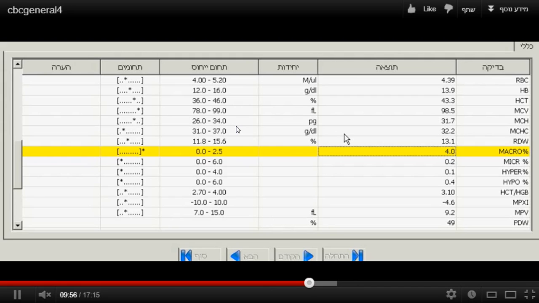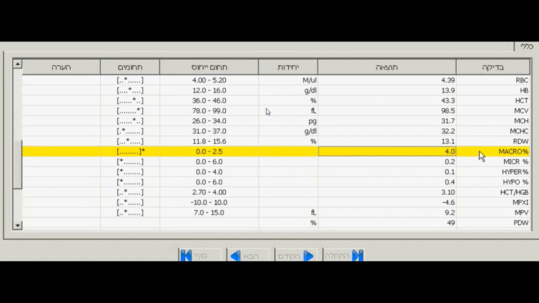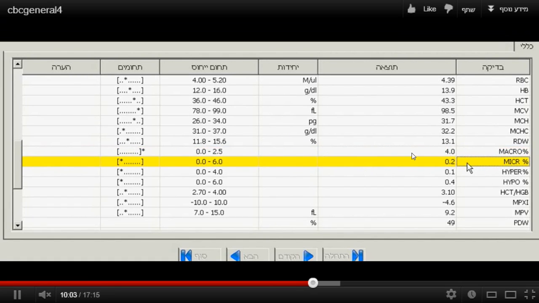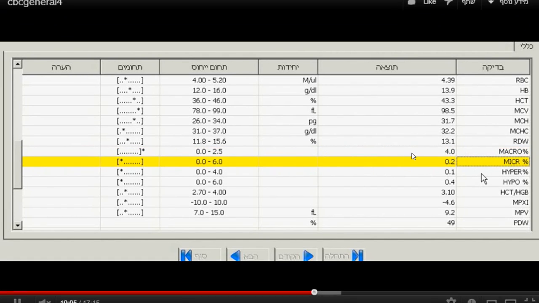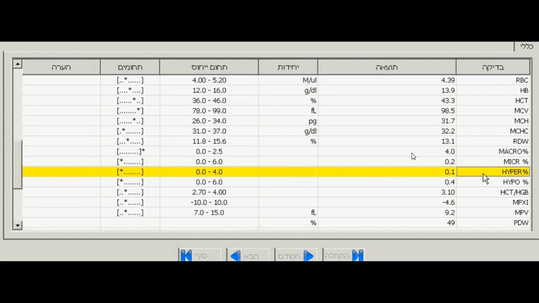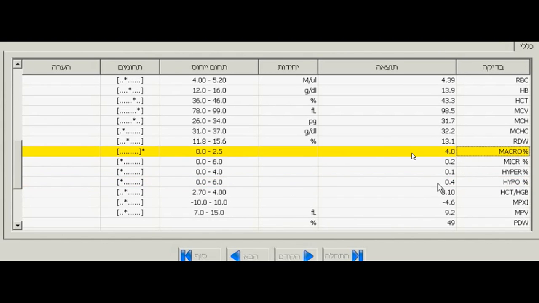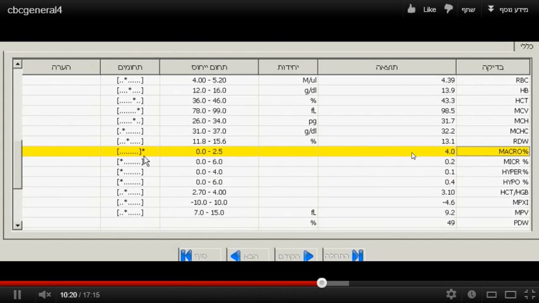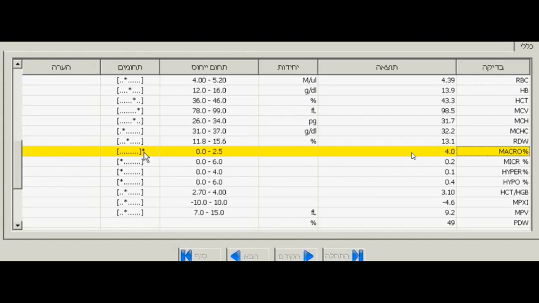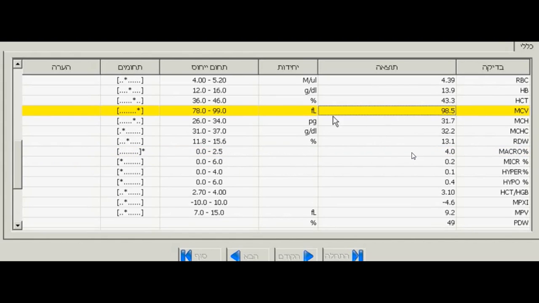But we have now something that's better than the MCV for classifying the cells. And here you can see that you have macrocytes, the number of big cells, microcytes, the number of small cells, hyperchromic, the number of cells with too much hemoglobin, and hypochromic, the number of cells that have too little hemoglobin. The macrocytes, you can see here, are elevated somewhat, and this is because the MCV is close to the upper limit of normal. There's really nothing to do with this at the present